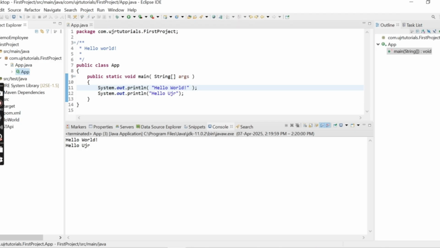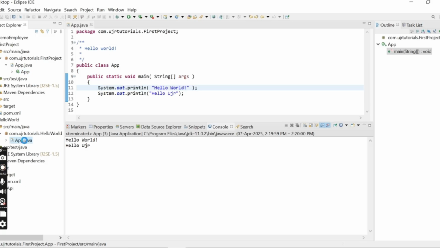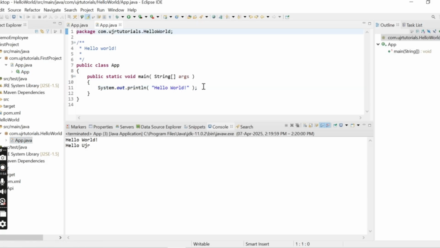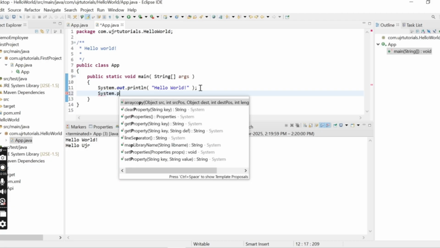So I will click here, hello world, and then src/main/java, and it has already created a class file for us, App.java, which is the main class. It is already written System.out.println and Hello World. We can also write our own System.out.println hello